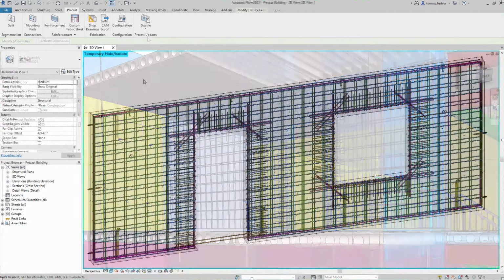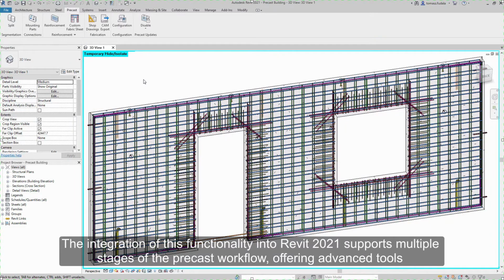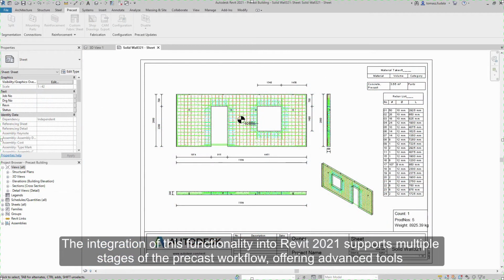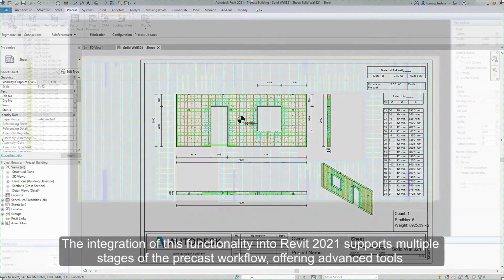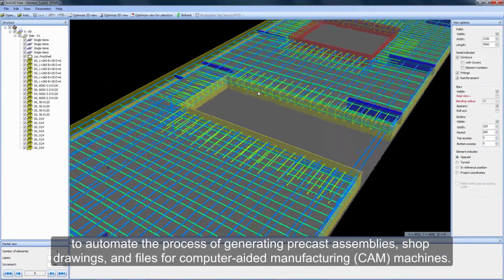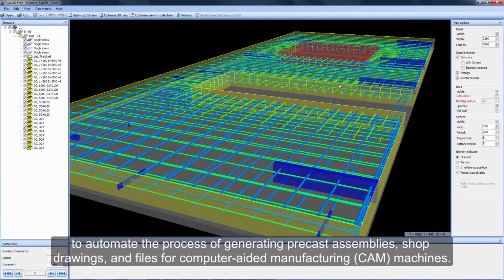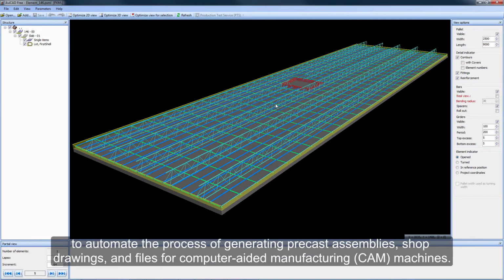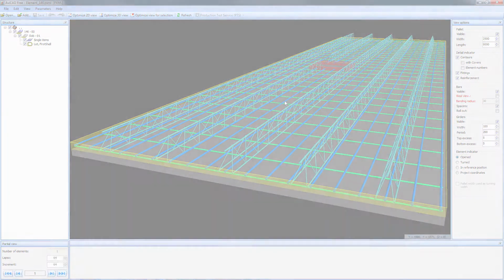The integration of this functionality into Revit 2021 supports multiple stages of the precast workflow, offering advanced tools to automate the process of generating precast assemblies, shop drawings, and files for computer-aided manufacturing machines.